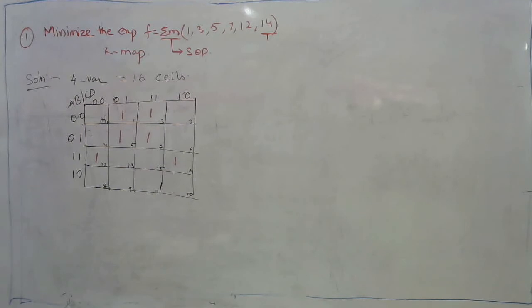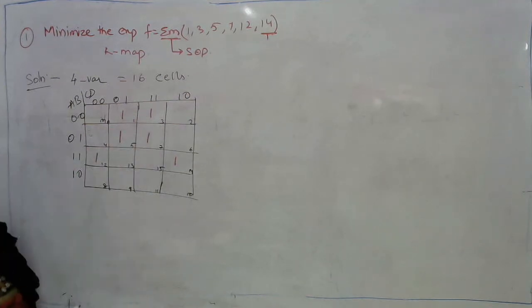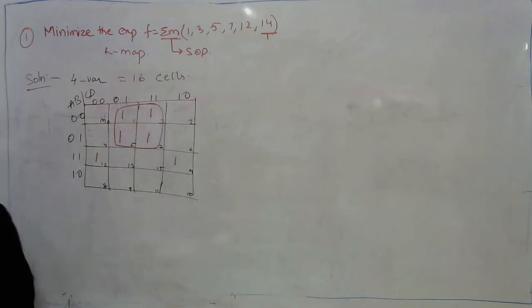So the first step is drawing the K-map. The second step is plotting the function in the K-map. Now see which cells are adjacent to each other. The total number of ones here is 6. As we have discussed, we need to group only in powers of 2. That is, the maximum number of ones that can be mapped over here is only 4. As all these 4 are present side by side to each other, I can combine these 4. Combining 4 cells is called a quad.